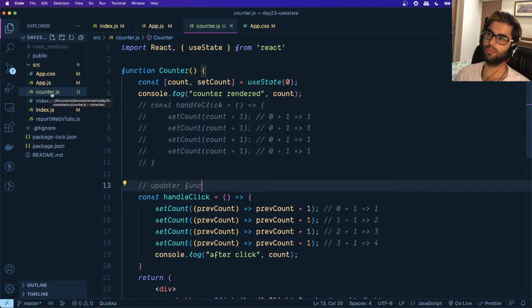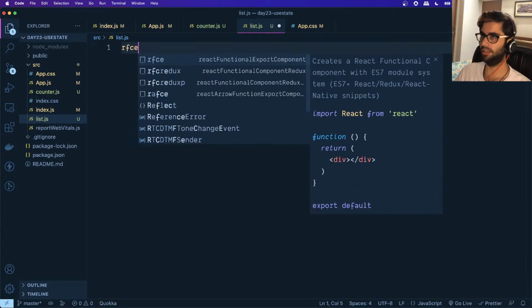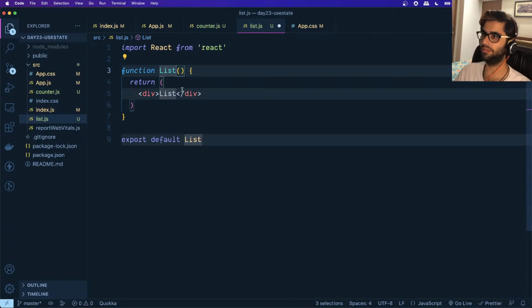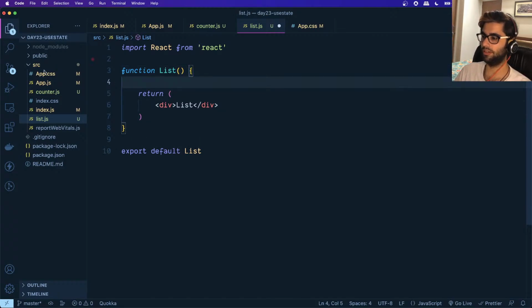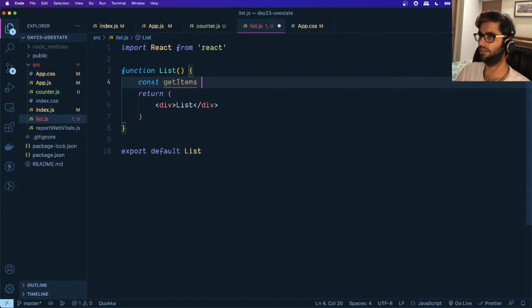Now suppose we have a list, list.js, and let's just call it List. What we will do over here is create a function, const getItems, and what this function will do is